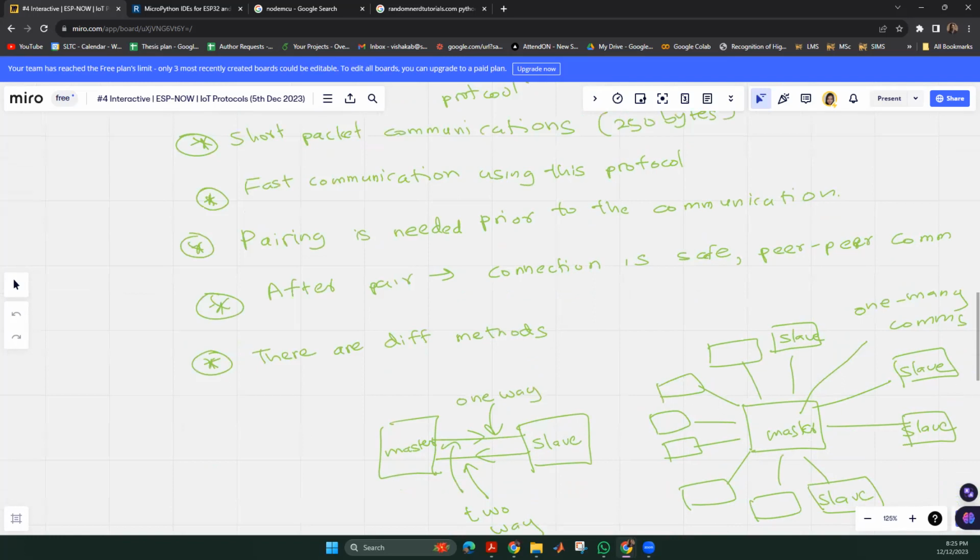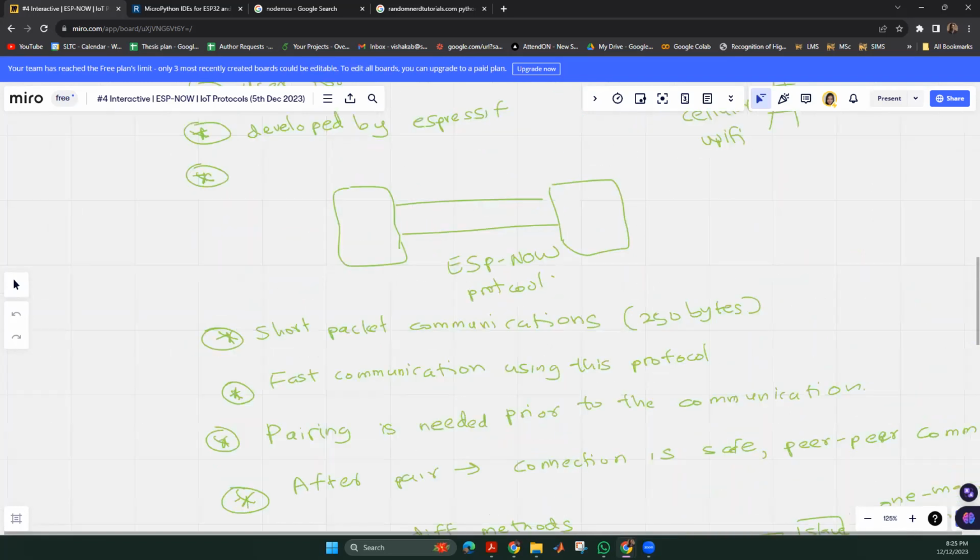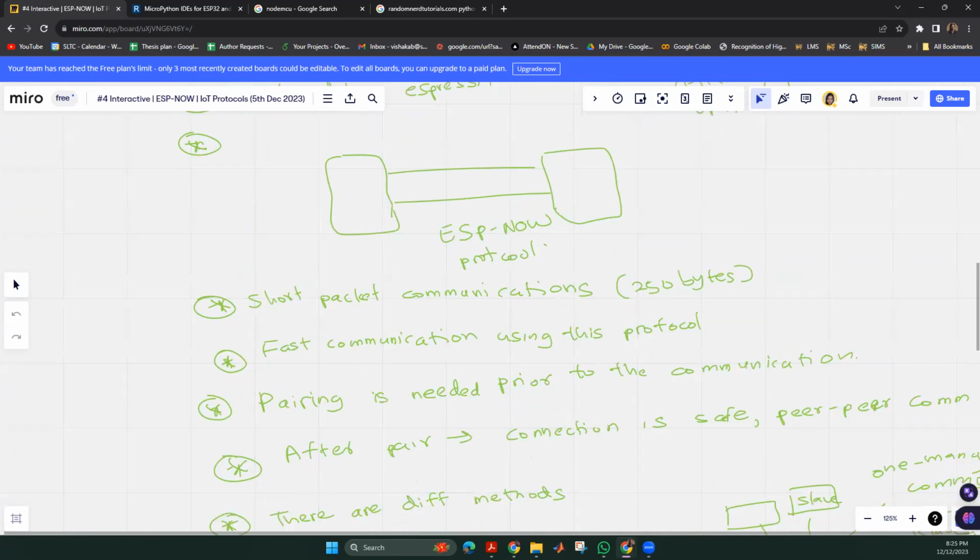Then pairing is needed prior to the communication, right? That means that the two devices need to exchange some information regarding their status and regarding the time that they can initiate communication between them.